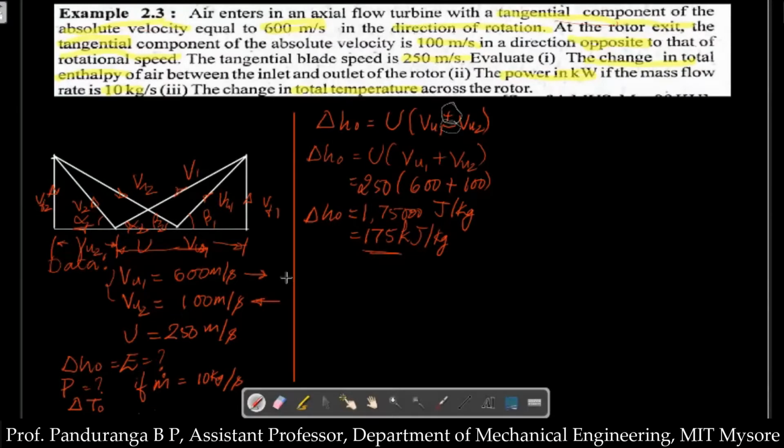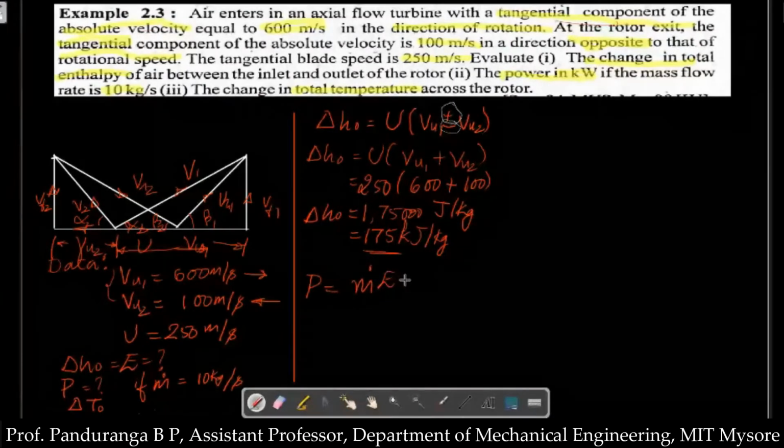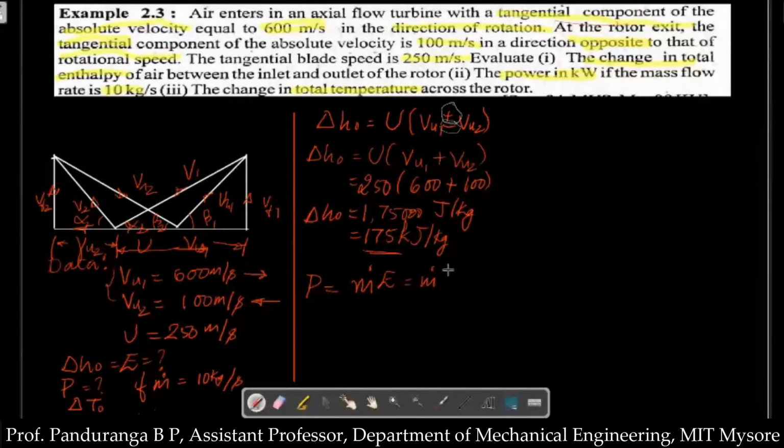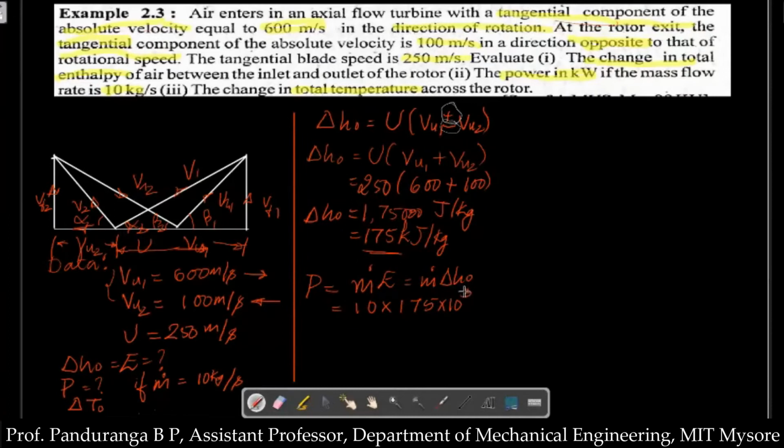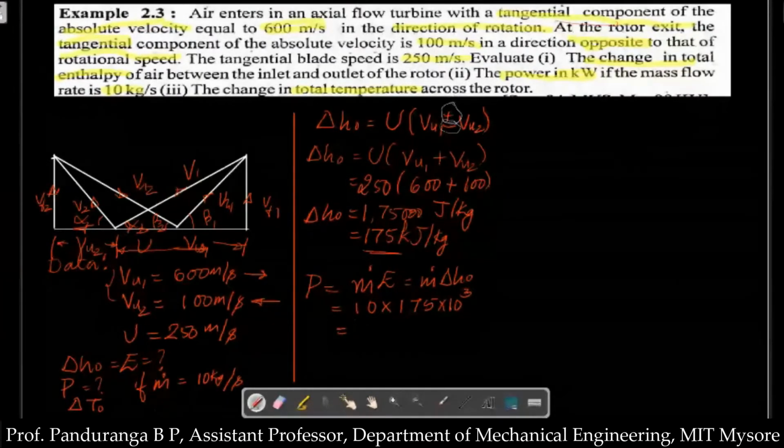Now we need to find out the power. So power is given by m dot into energy transfer, or m dot into delta H naught. So mass flow rate is 10 kg per second multiplied by energy transfer, or change in enthalpy, is 175 into 10 to the power of 3. So what do we get here? We get it as 1750